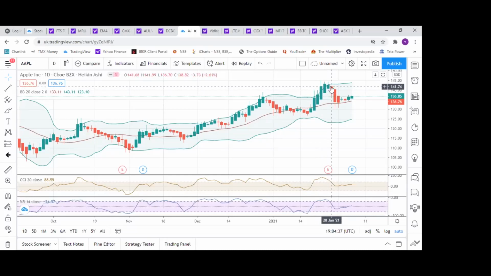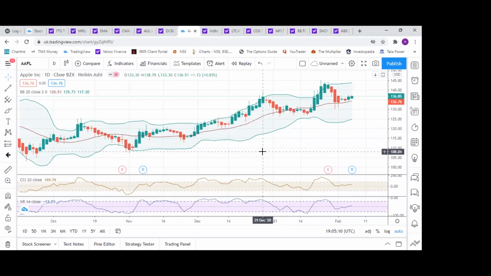Is it actually correct to say that whenever a stock hits the upper Bollinger Band, it will soon correct itself in the next few trading sessions? It will correct itself in the next 20. There could be times that it continues in the upward trend. There is a high possibility. I've not seen a lot of the Canadian stocks, but I could show it to you on the Indian stock market if required. But yes, that happens.